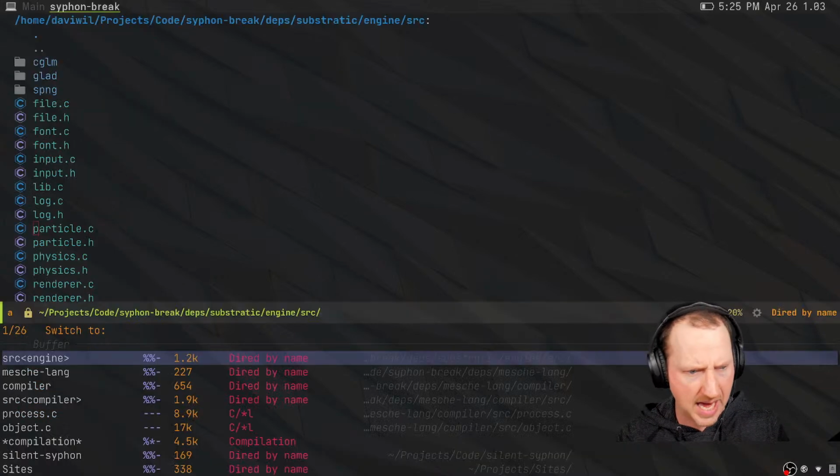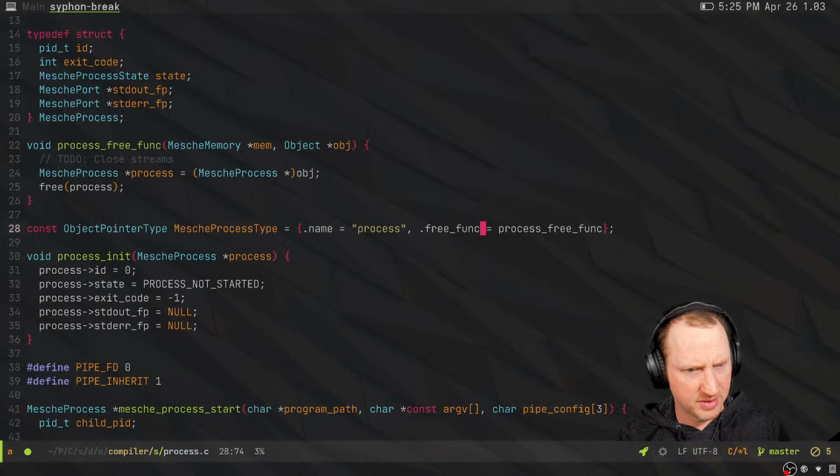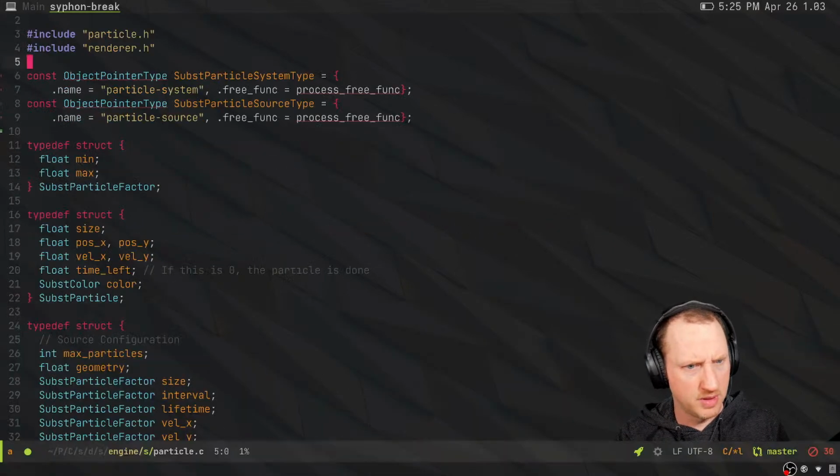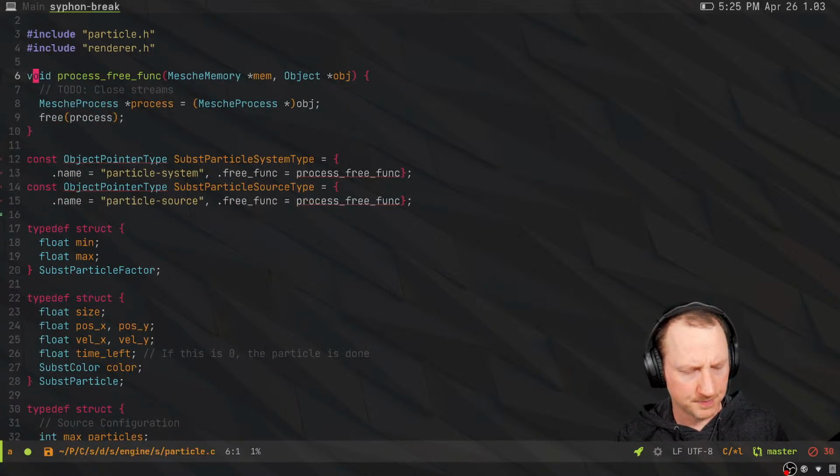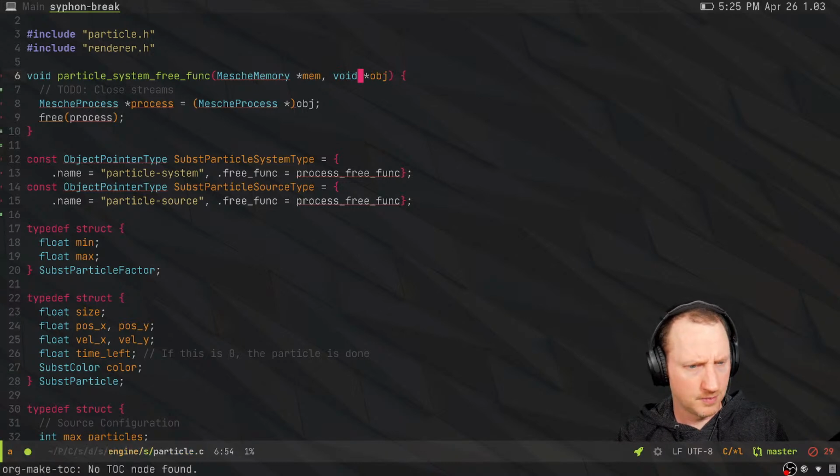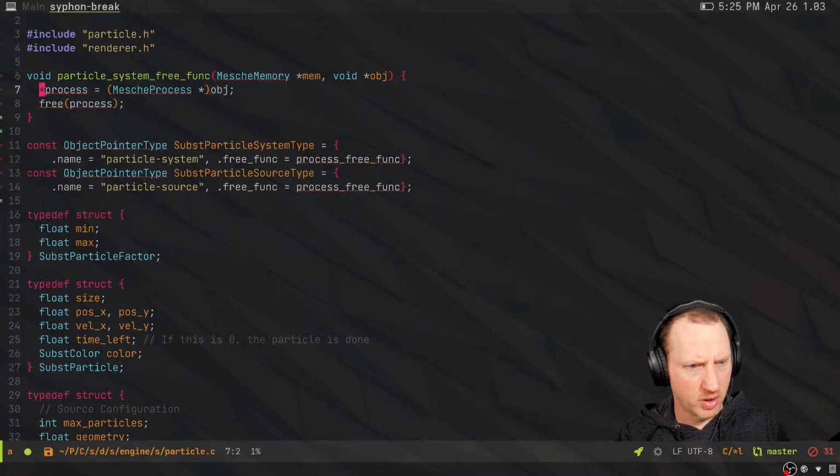Let me go look at process.c free func. Okay, I just basically have it here. I can drop this. And I think I've got the wrong type, in fact. So this should be a particle system free func. This should not be object. This should be void, I think. And then we're going to do a cast here. We're going to cast this to subst particle system,